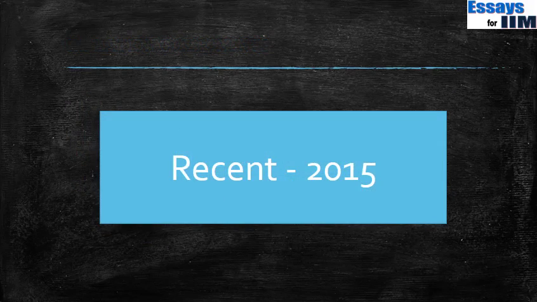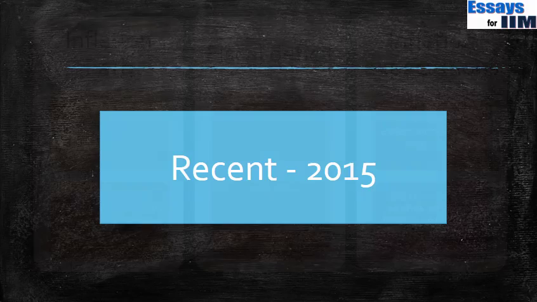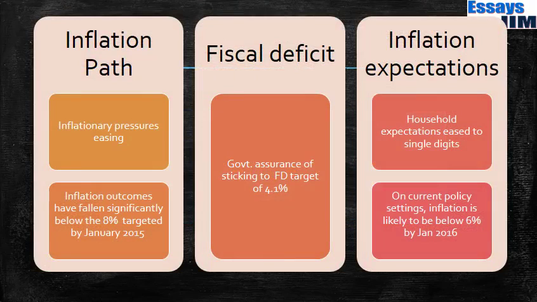Okay, absolutely recently in 2015, what has happened to inflation? The inflation in the economy has eased a lot. So inflationary pressures have been easing. There are various factors for that. One is there's been a global commodity price fall. So obviously the prices of commodities coming into India has also fallen. There's another video explaining that. Similarly, there's been a very dramatic oil price crash, again leading to lower inflation in India. So basically inflation has been reducing.